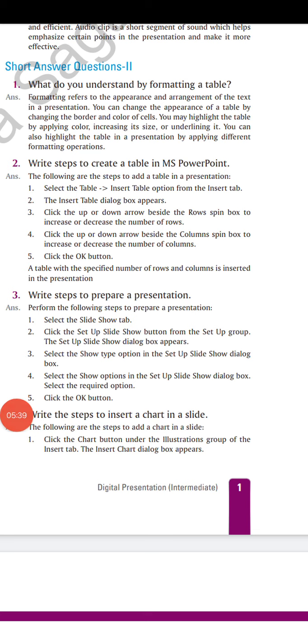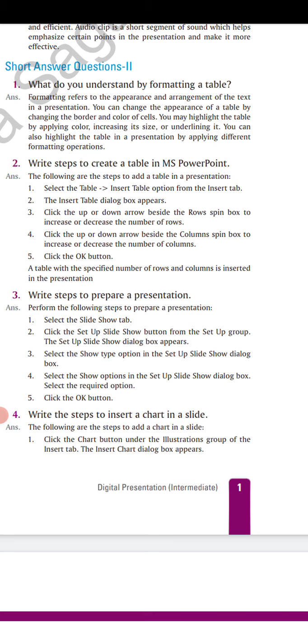Now, write the steps to create a table in MS PowerPoint. Dear students, here are the steps for creating tables. The following are the steps to add a table in a presentation. First of all, select the insert table option from the insert tab, and the second is that the insert table dialog box appears.